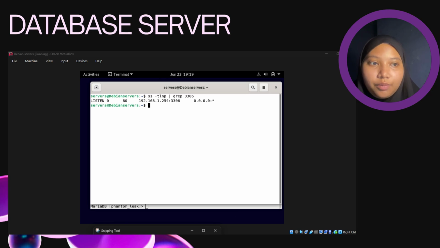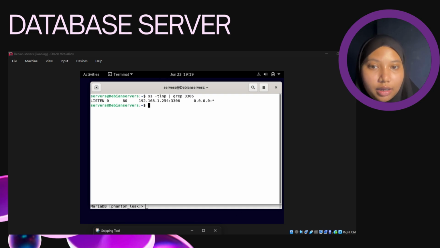For this task, I utilize MariaDB to manage sensitive operational data while ensuring strict network isolation. So firstly, I will be showing you security hardening and IP binding. To meet our critical requirement, the database must be invisible to the external network, by running ss -tlnp. You can see MariaDB is listening exclusively on the internal IP on port